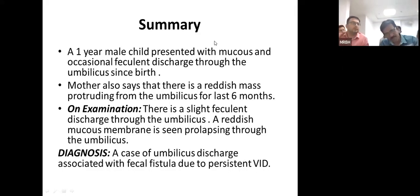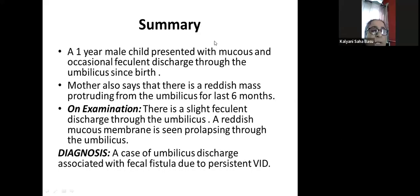Even if there is a patent urachus, if you have no distal urinary obstruction, there is no discharge of urine through the patent urachus. So in younger patient, you have the presentation with uriniferous discharge if there is associated lower urinary obstruction in the form of posterior urethral valve. This can often present in adult patient when patient has got a bladder outlet obstruction. In the form of prostatomegaly. Or stricture urethra. So you have to address the issue of lower urinary tract obstruction, and at the same time, while you excise the urachus, you excise a small part of the dome of bladder along with it,